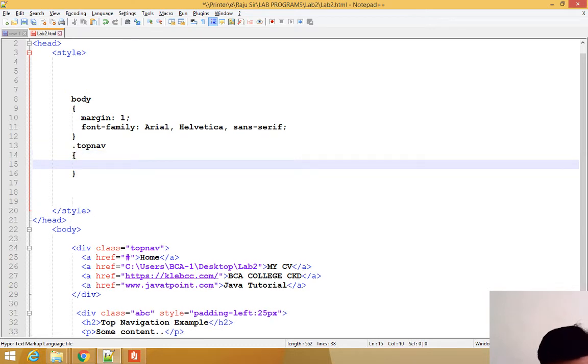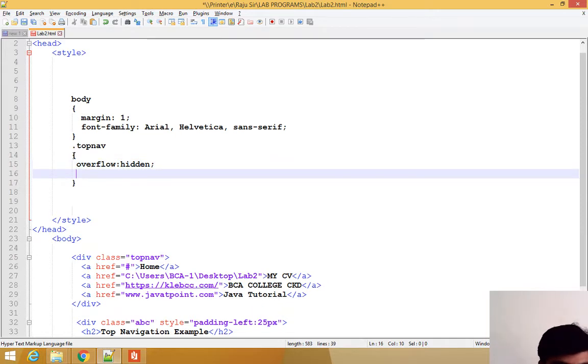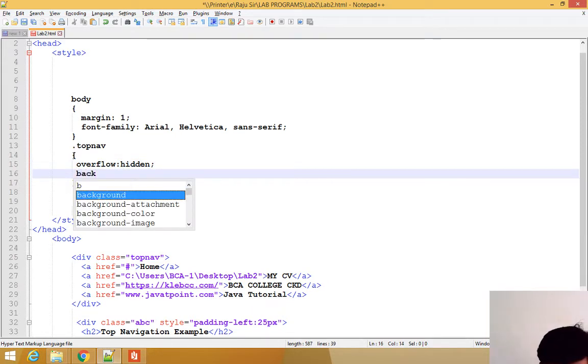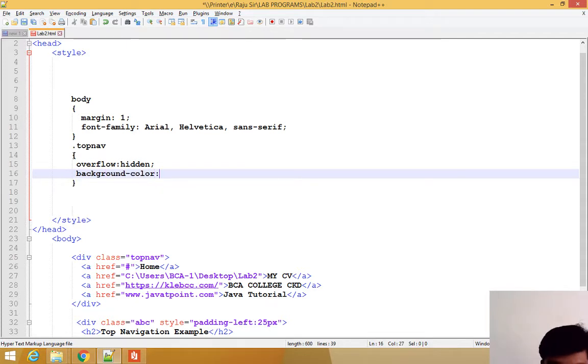Then inside I am using overflow colon hidden semicolon, right? After that background color is green, then semicolon.